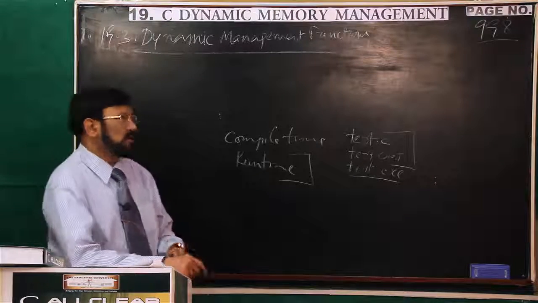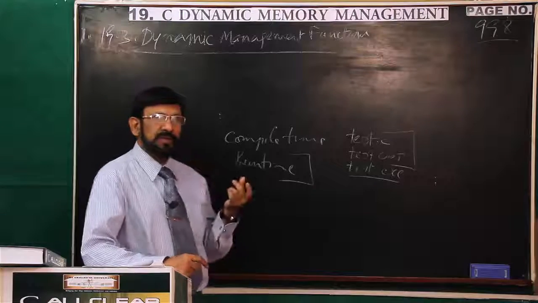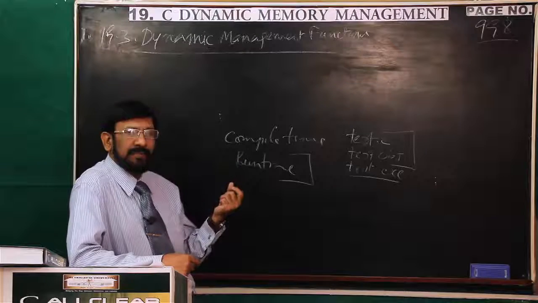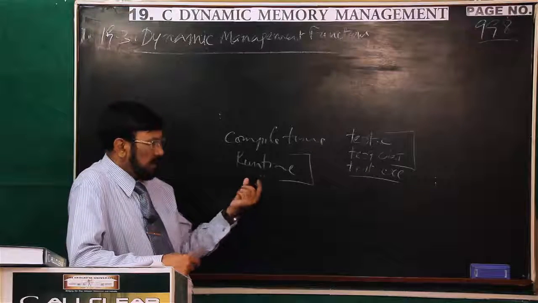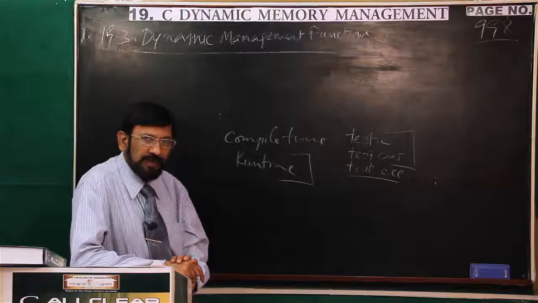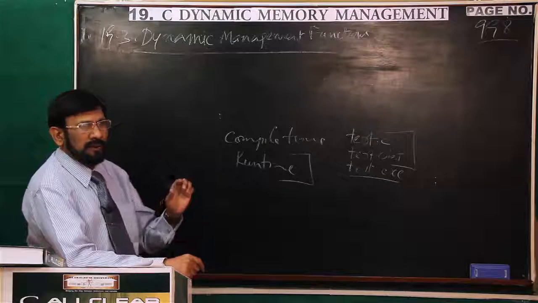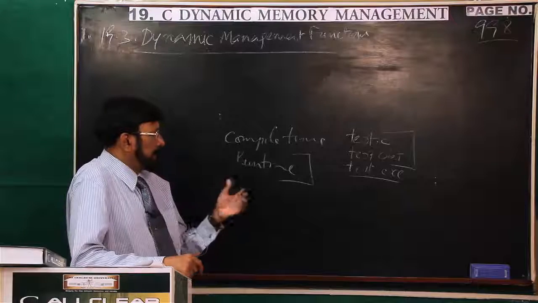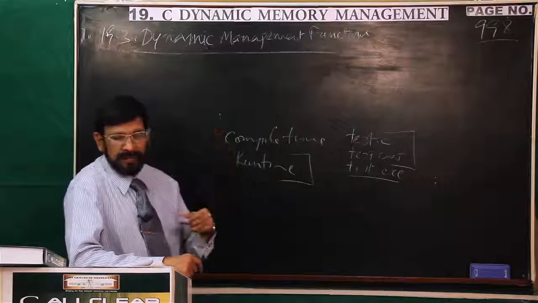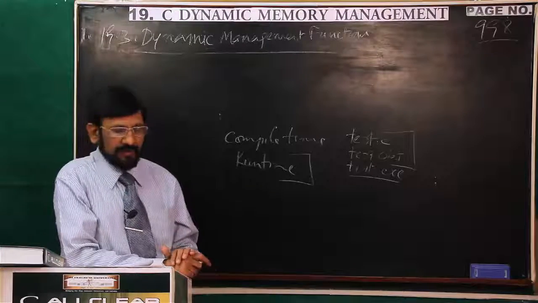Yesterday also I used that. Actually, when we create an array, it is created at compile time, because at compile time we are giving the size. In case of dynamic memory, the array size is created at runtime, at the execution time, not at compile time. Okay, that is the difference.